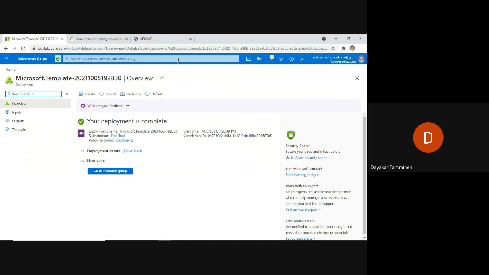Now I will show you that also, because in a real-time environment, most developers use shell scripting rather than the Azure portal to create virtual machines as well as other resources.